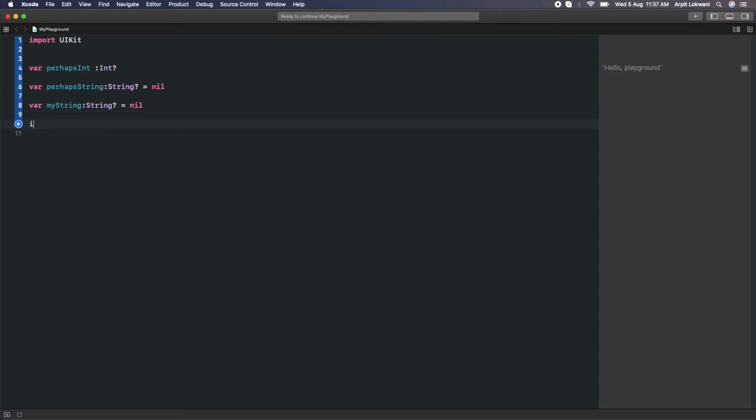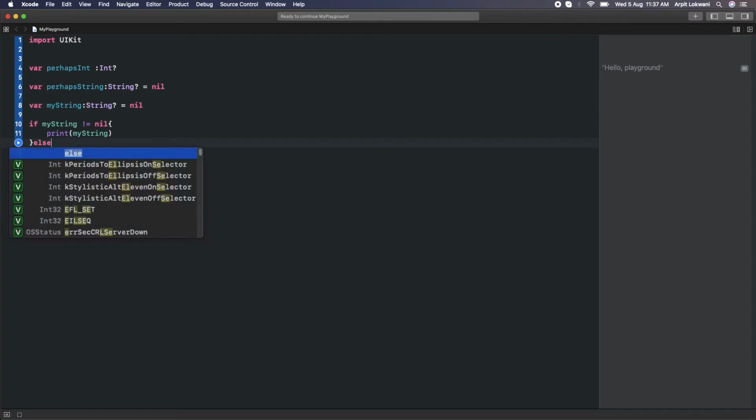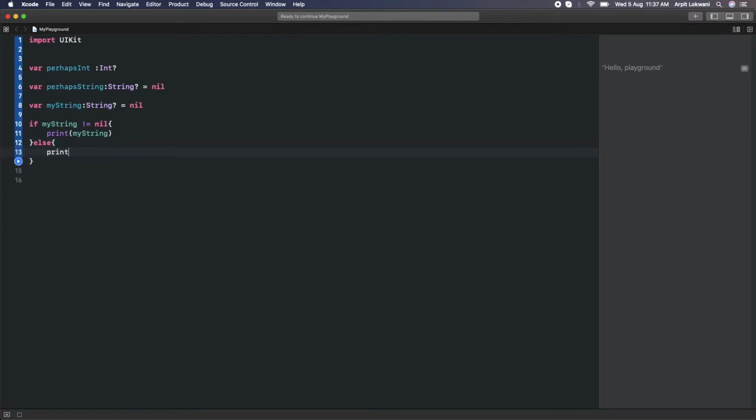We can say if my string is not equal to nil, then print my string, else print my string has nil value. Let me run this.